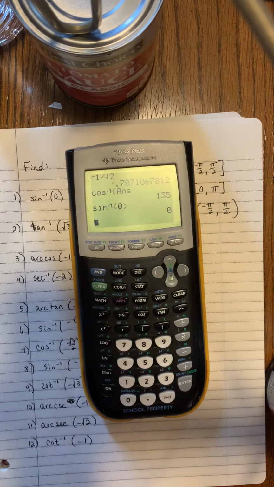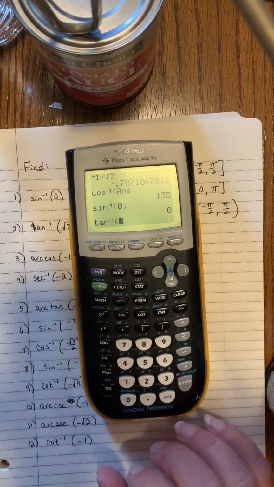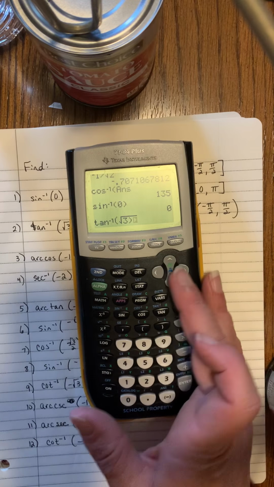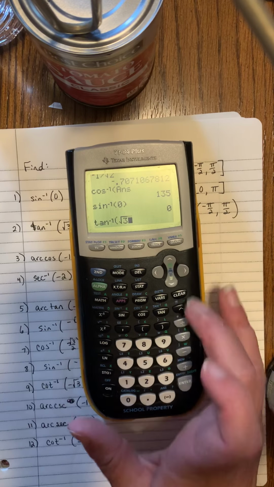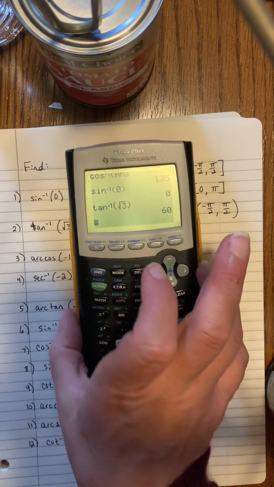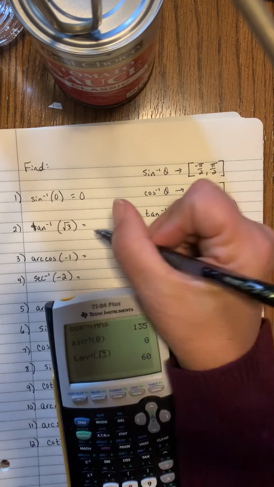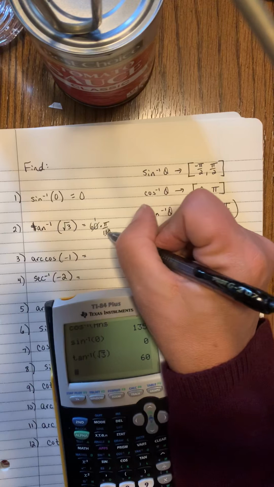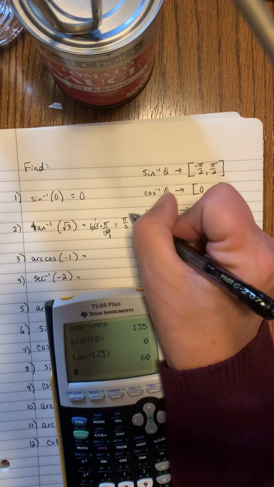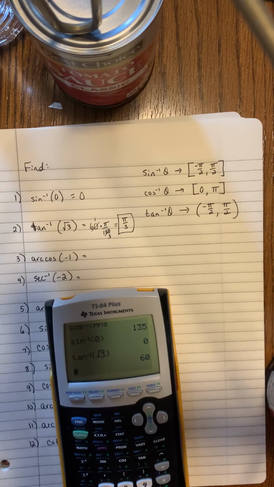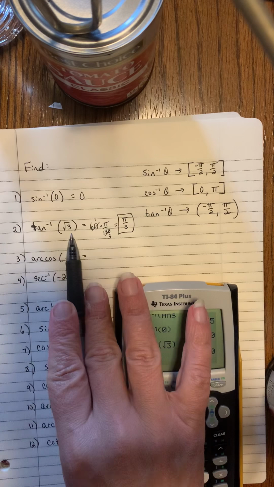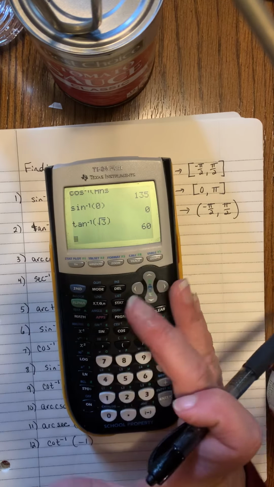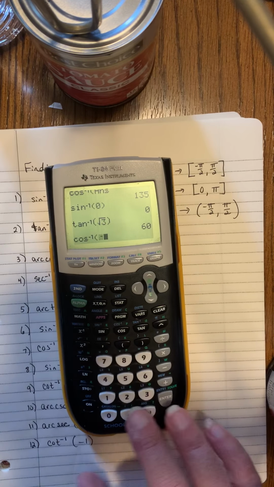Now I'm going to do the inverse tangent of square root of 3. So second tangent square root of 3 gave me 60 degrees. Now, 60 degrees in radians is just pi over 3. See, that's not difficult. So where's the tangent square root of 3? At pi over 3. So the arc cosine of -1, that just means to do the inverse cosine of -1,